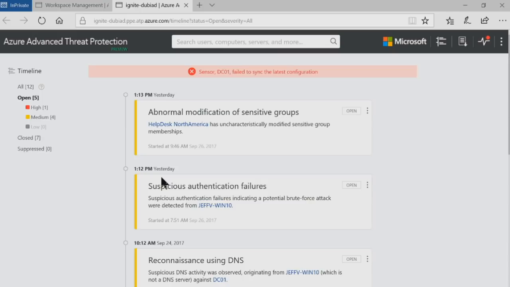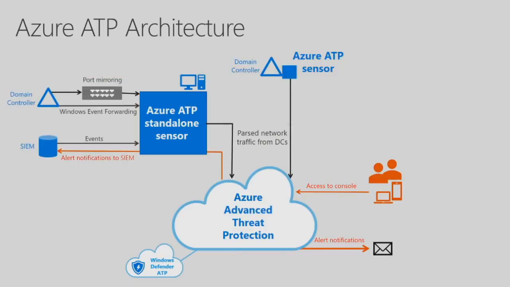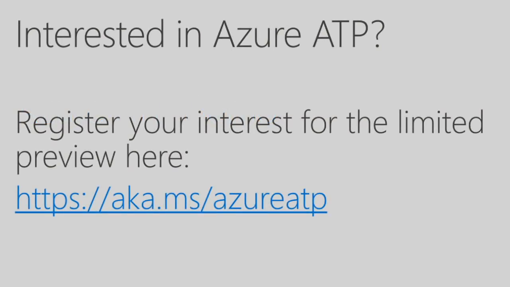Going forward, we'll bring a lot more value to Azure ATP, and since we'll be a cloud service, we'll be able to move really fast as well and add a lot of content really, really fast, and not just in a 6 to 12-month cadence like we're doing today with ATA. We're super excited about Azure ATP. You should also, if you're interested to try it out, register for our limited preview, which we announced. The link is on the stage. We should start to onboard customers in roughly 3-4 weeks. So if you're interested, just let us know. Literally, when you sign up, I get an email, so feel free.